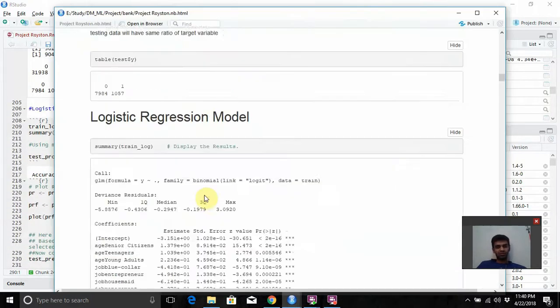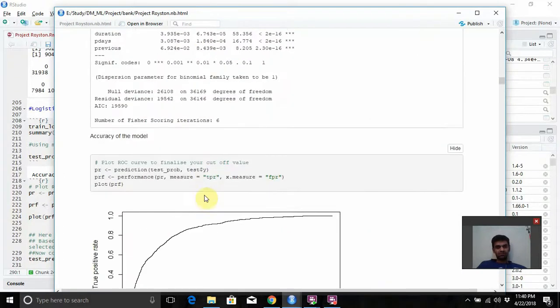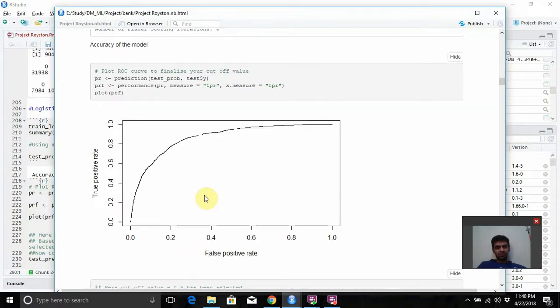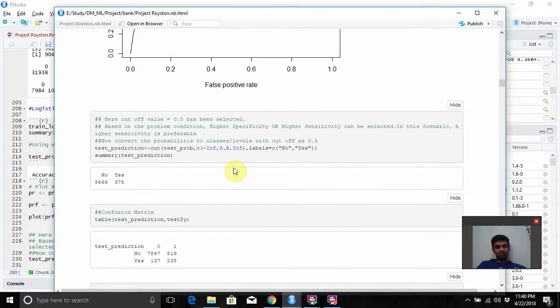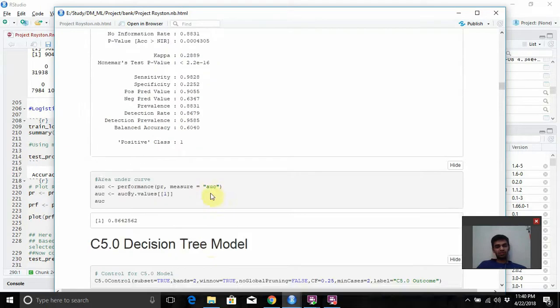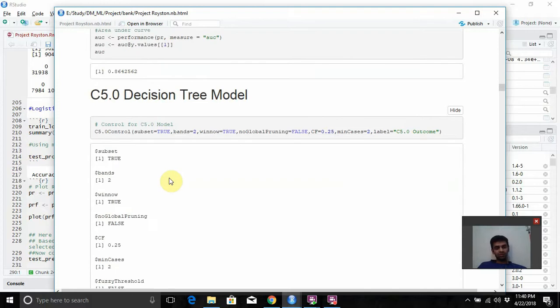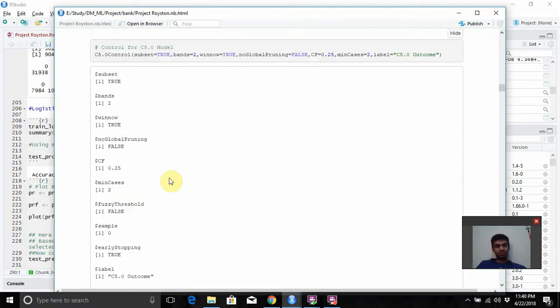So my first model is the logistic regression model, and you can see this is the ROC, and my accuracy for the logistic regression is 89.43, and the area under the curve is 0.8642, which is quite good. And my second model is the C5.0 decision tree,